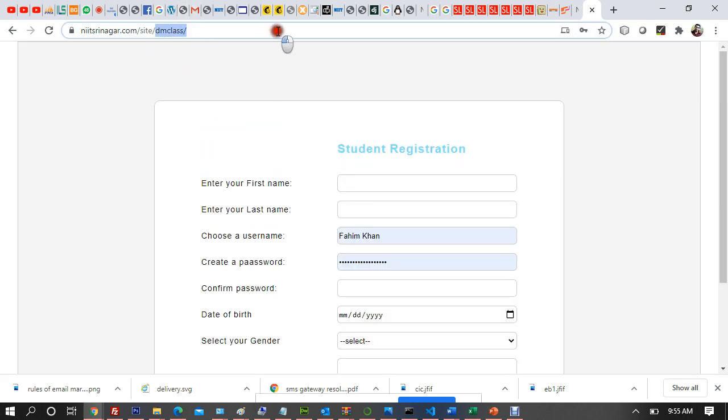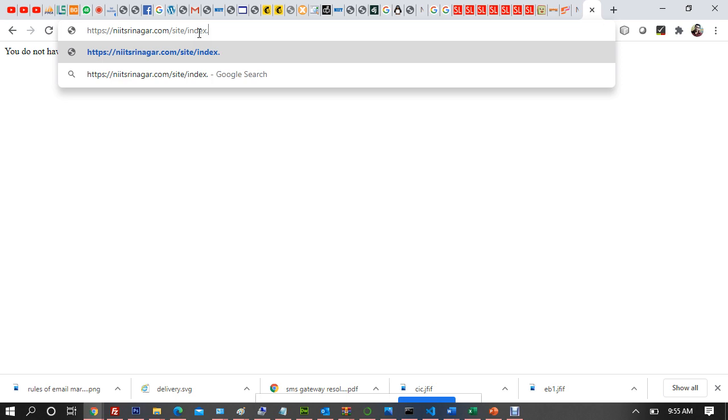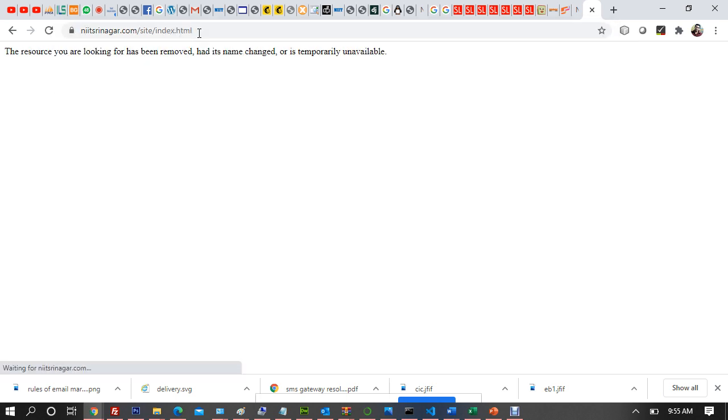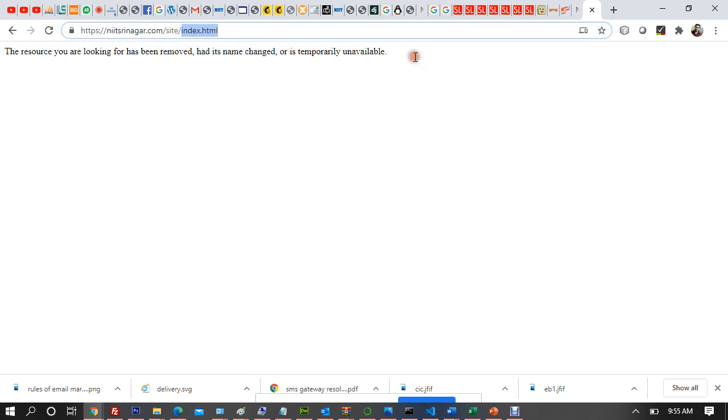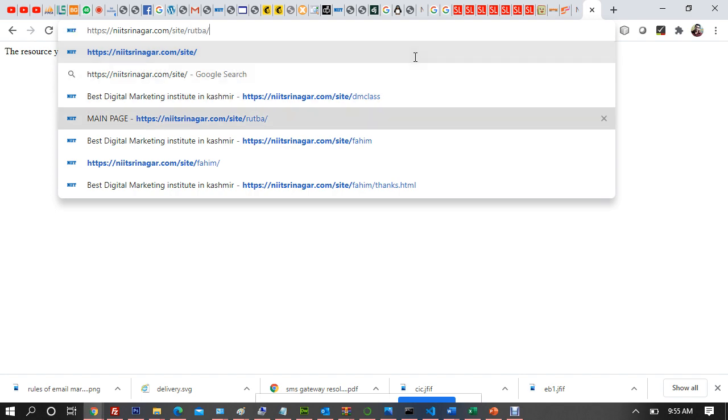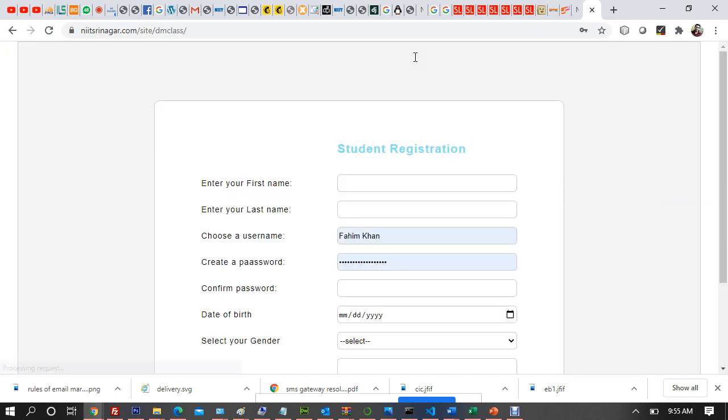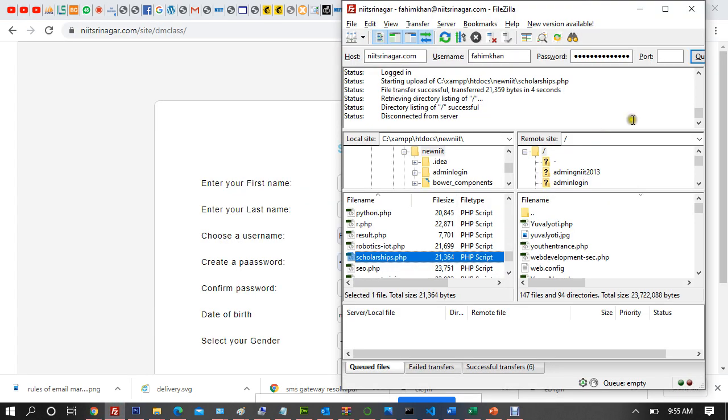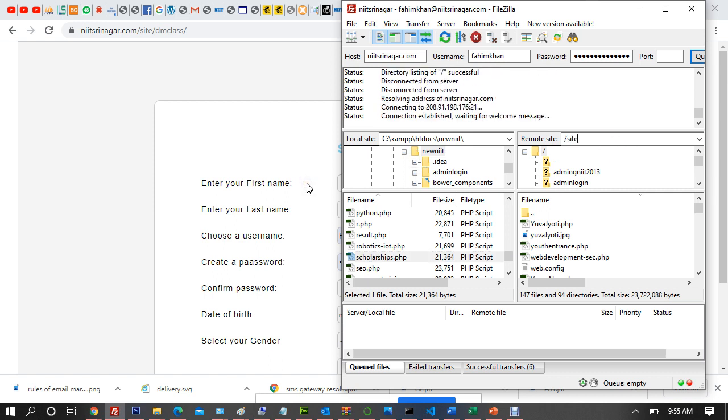Or we can go directly to site and I'll say index.html. No, we don't have index.html here. We have DM class. What is inside DM class? Let me see first. Connect to the FTP.